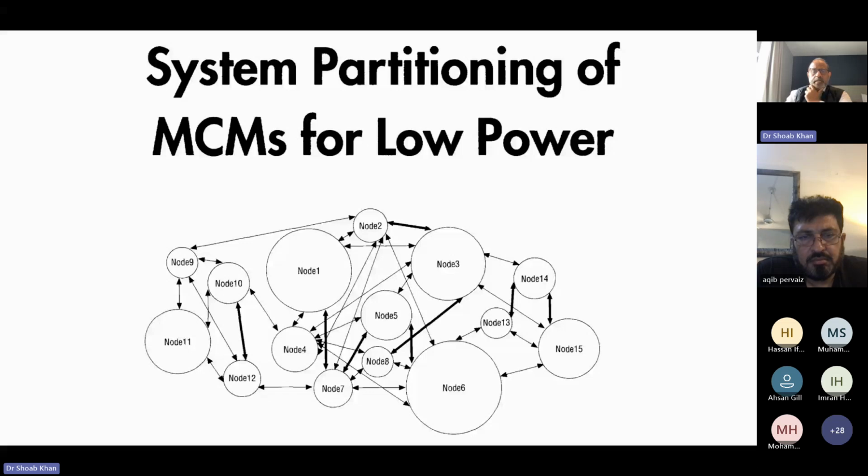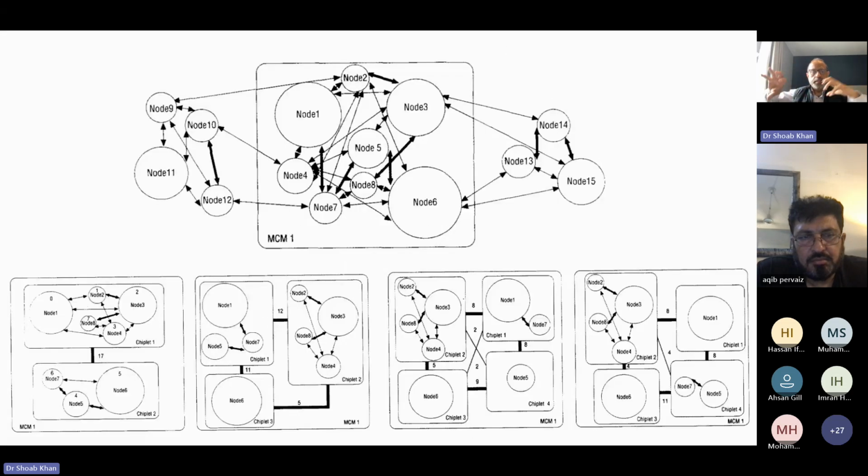I came up with a mathematical model which could partition them in a way that there is minimum communication, so most of the communication remains within each module, because whenever you get down onto a chip, you dissipate more power and there are more delays. So you want things that are communicating more